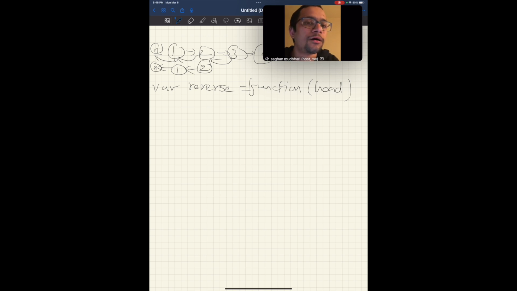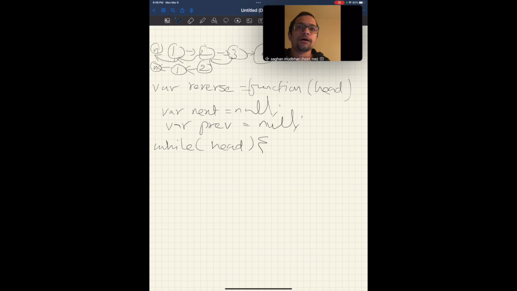So we need 2 variables to store the next item in the linked list and the previous item. So let's call them next and previous. Right, next and previous, which are initially null. Right, so let's start processing with the head. We start processing with the head, and we keep moving the head, and each time before we move, we will rearrange the pointer. So while we have head to process,